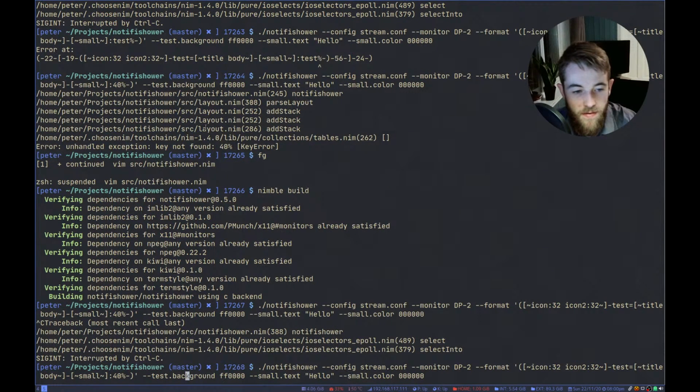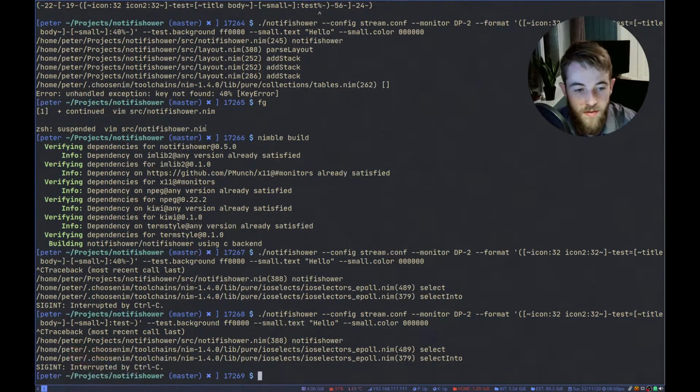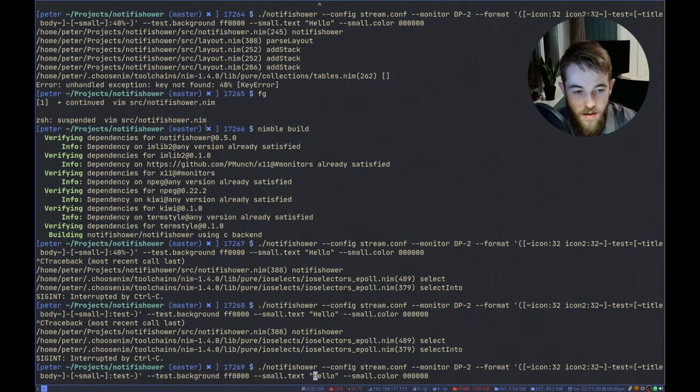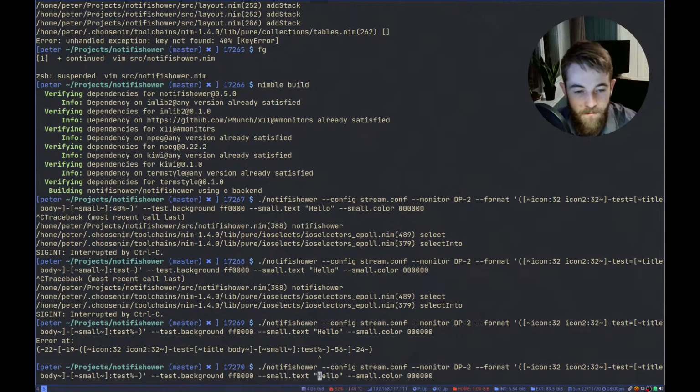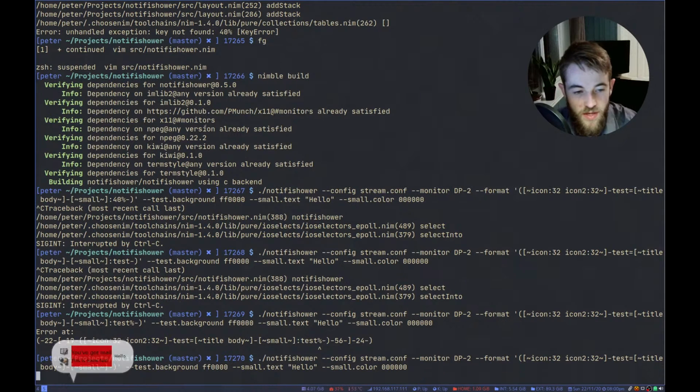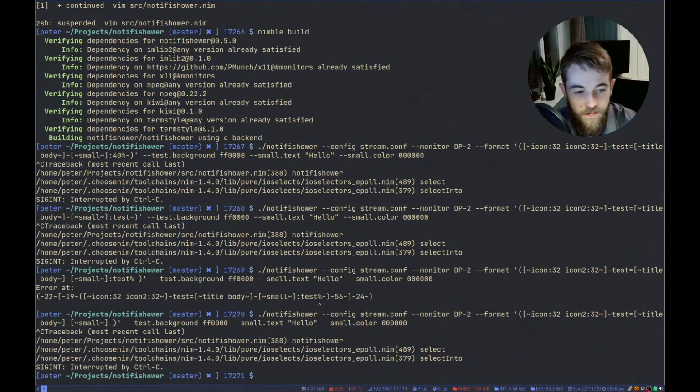And this should work. And this should not, yeah, that should not work. Okay. So that seems to be good. Okay.